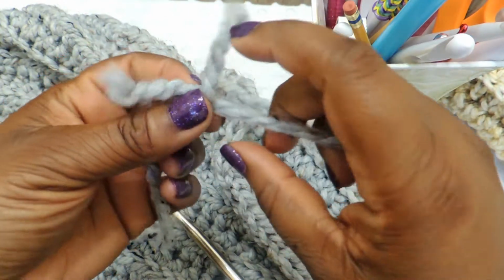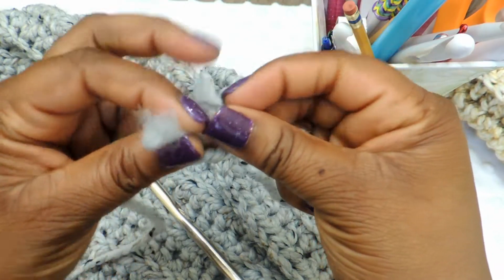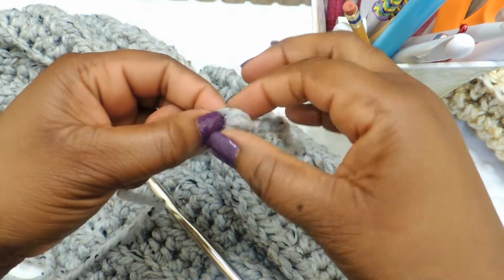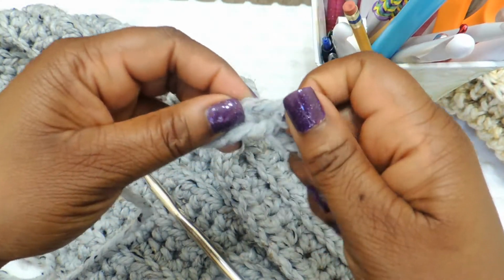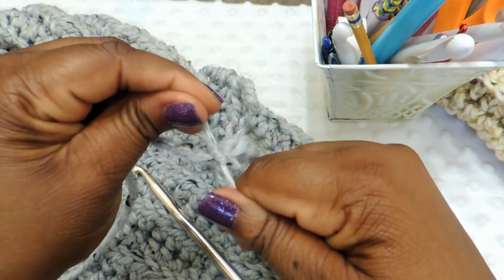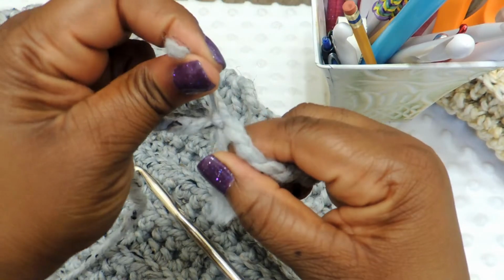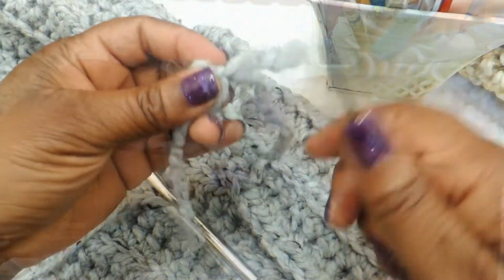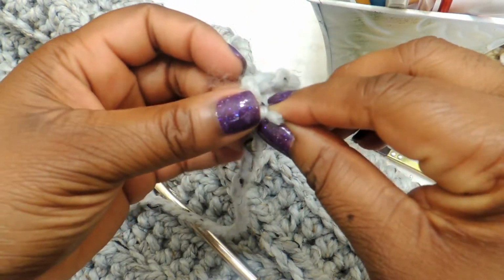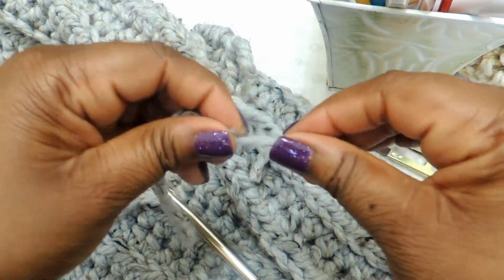See, if you can catch it, just make a little X and then put a piece under. It's easier for you to look to see how to tie a knot versus me trying to explain it. Okay, and just make sure you pull it tight. You don't want that knot to come out. And then once you have that secure, you can then cut off the excess. Okay,